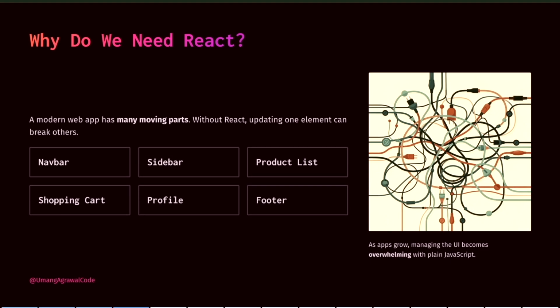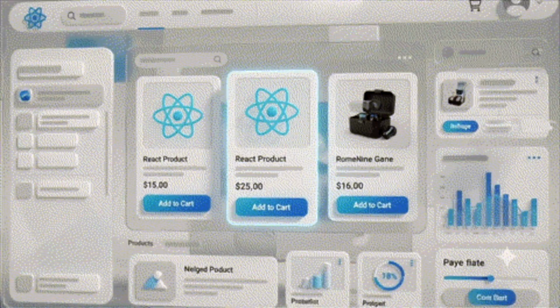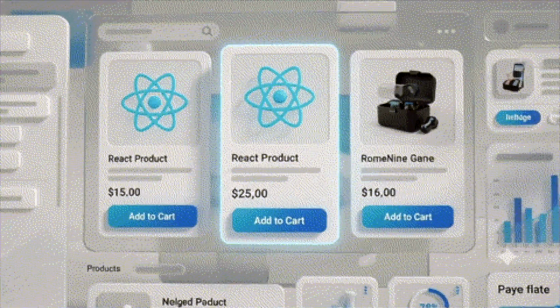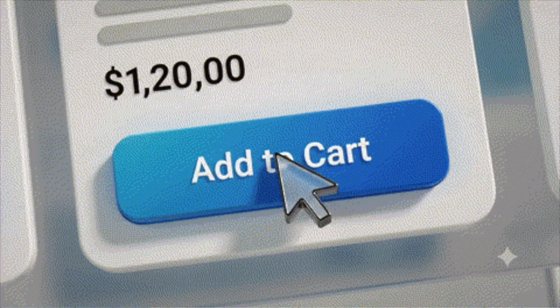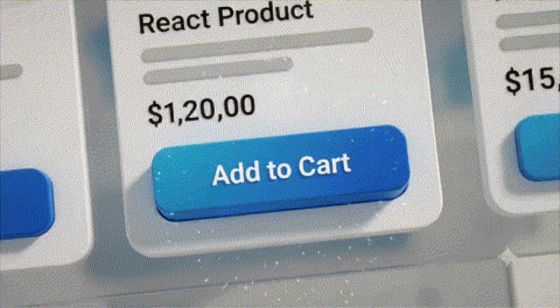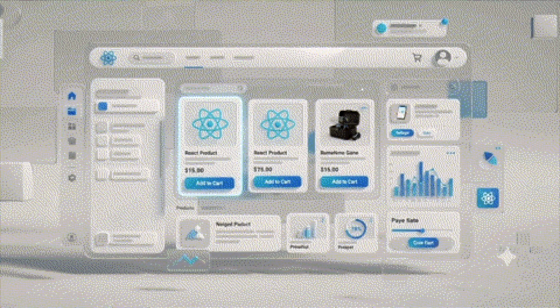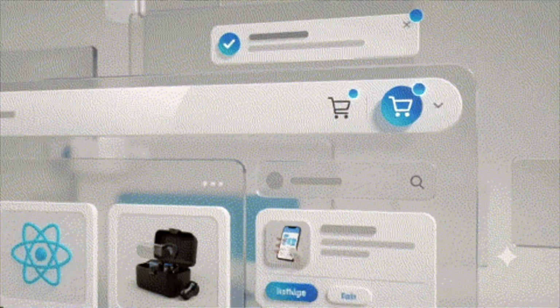Now why do we need React? Normally the modern web has many elements, like the navbar, footer, sidebar, lists, shopping cart. Now if you just add an item in the list, or not even an item, you just increase the count of some particular item, what will happen?